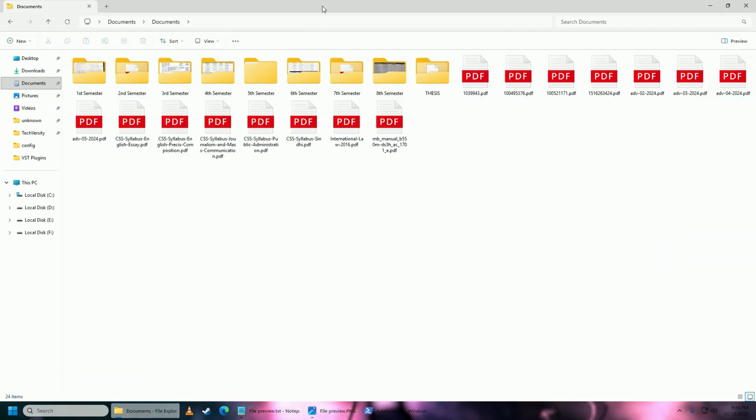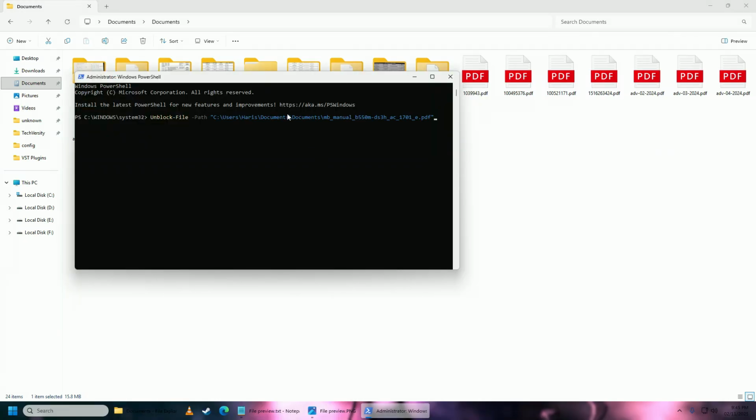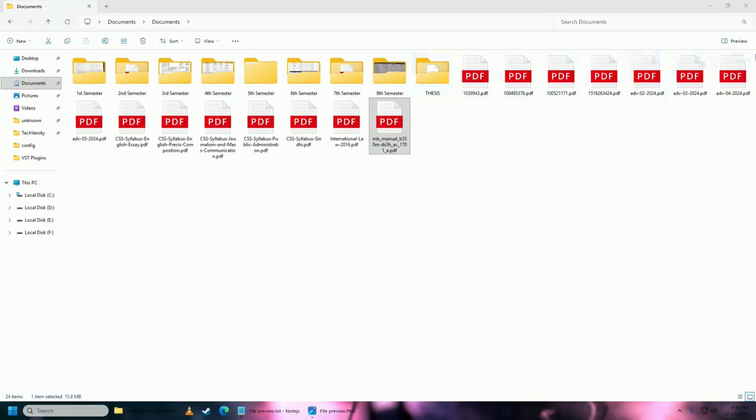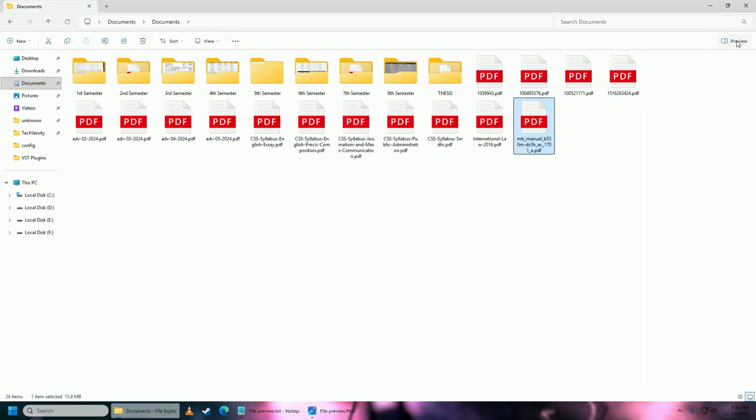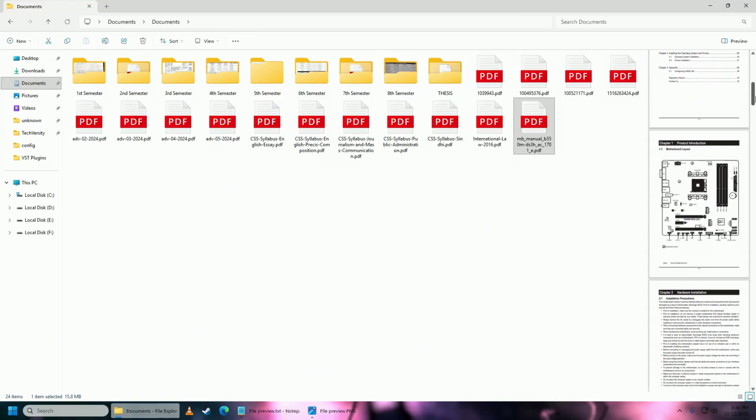And after that, what you're going to do is copy the path of your file. So right click on your file, click copy as path and paste this path on here. And then just press enter. And once you press enter, what you're going to do is open up your preview panel. When you open up your preview panel, you'll see that now you can easily preview your PDF or your files